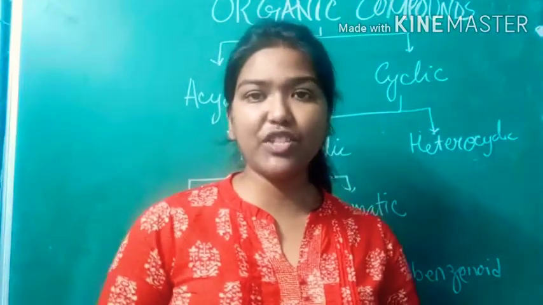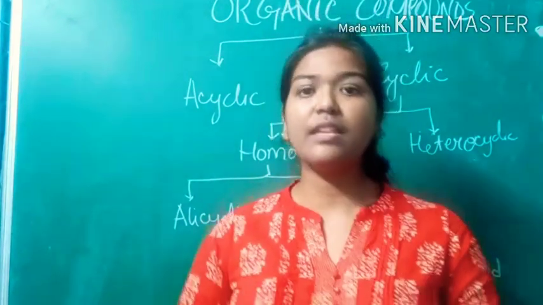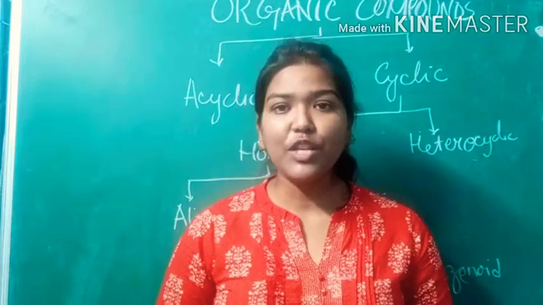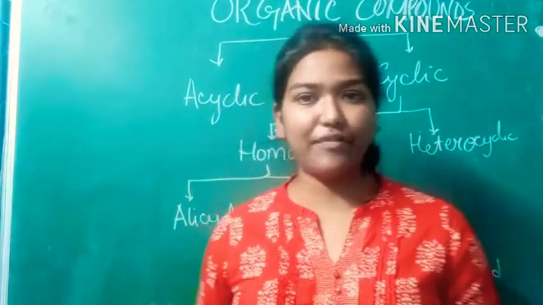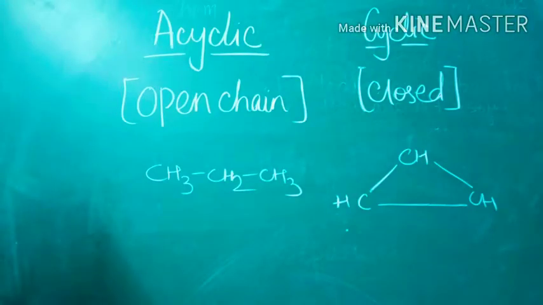By looking at the chart, you must be thinking about what are the basic definitions of these compounds and what are the examples. So next we are going to learn about the definition of each type by checking a few examples. First, we are going to learn about the differences between acyclic and cyclic structures. For cyclic structures, as the name suggests, it will be in a closed form, a cyclic form, whereas in case of acyclic, it will be open chain. It will be a straight chain without any cyclic structure.